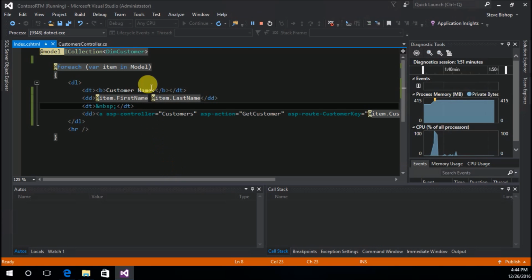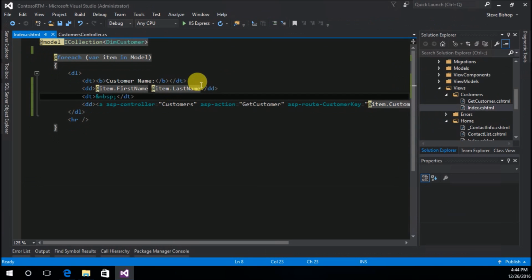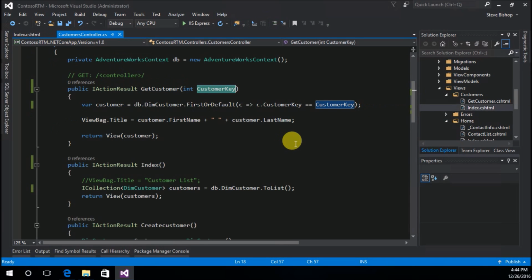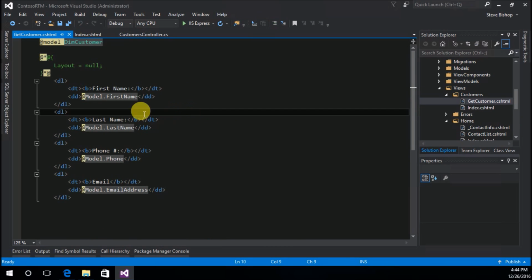So what I'm going to do here, this kind of makes things a little simpler and shorter, at least for this demonstration, rather than making a whole other edit customer section. I'm just going to use the same get customer view